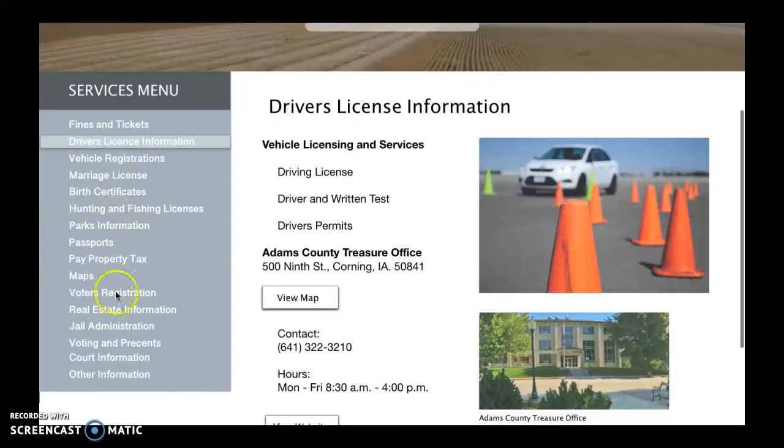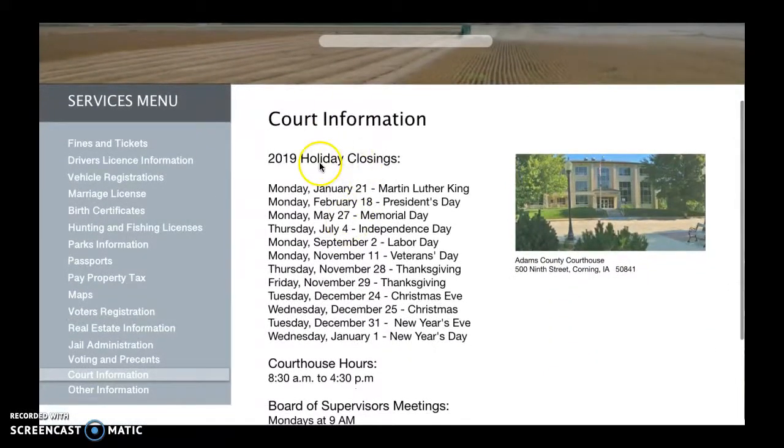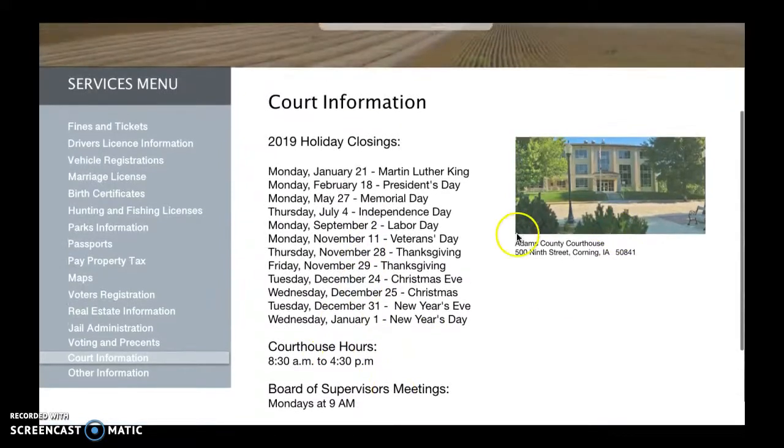I'm also going to go to this one here. I added some court information showing the holiday closings, the court hours, and the meetings, as well as the address to the courthouse,